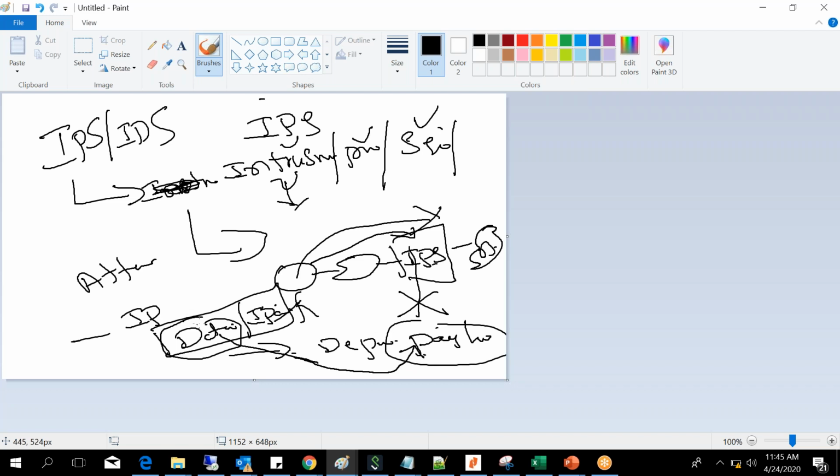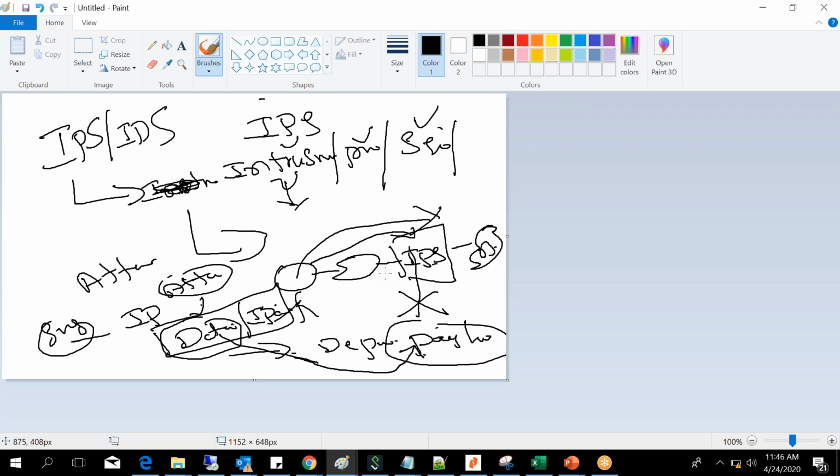Every attack has a pattern, which is called a signature. The IPS has all the previous attacks and their signatures loaded in the database, including how the previous attack packets looked.